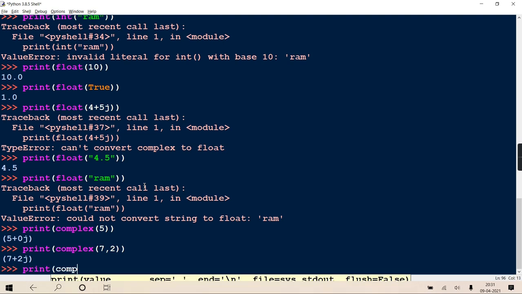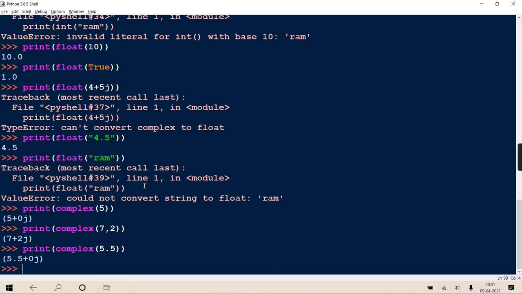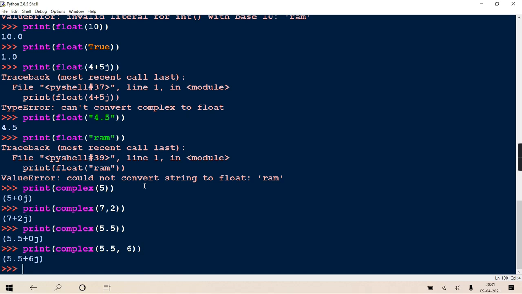One can be a float, or just a float value, no problem: complex(5.5) gives 5.5 plus 0j. One integer, one float, it doesn't matter. Any combination is allowed. See, 5.5 and 6 gives 5.5 plus 6j.